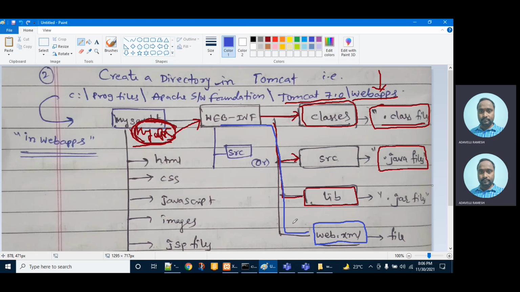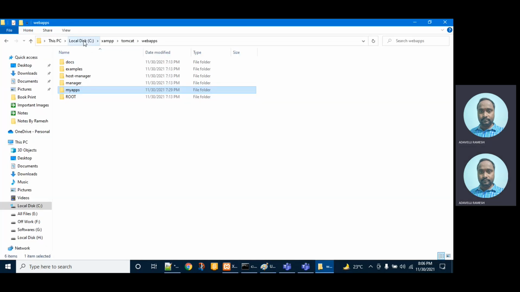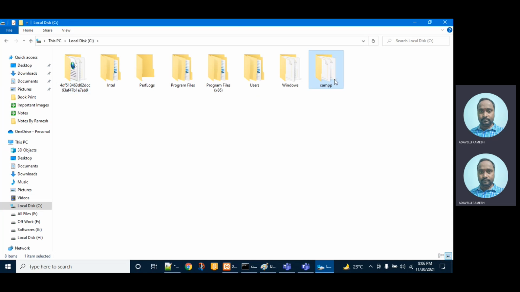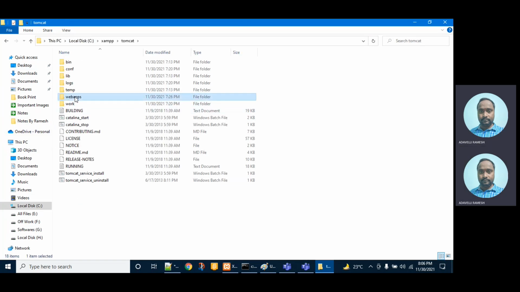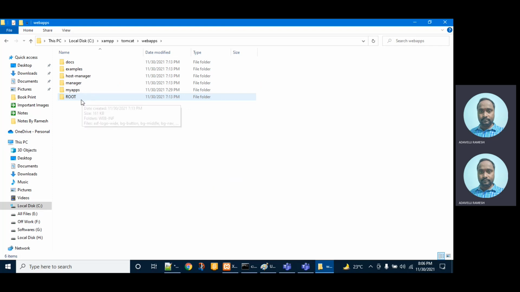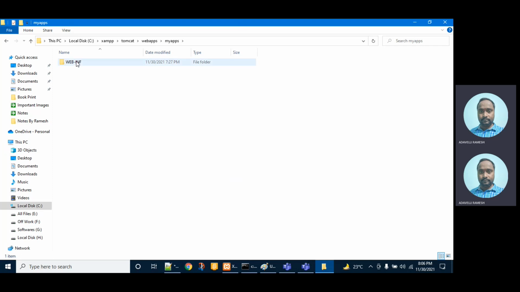I will show the project structure completely by moving my window. In the C drive, XAMPP, there is a folder called Tomcat. In that, webapps. In webapps, my folder name is myapps. Inside myapps, there is again a folder WEB-INF.